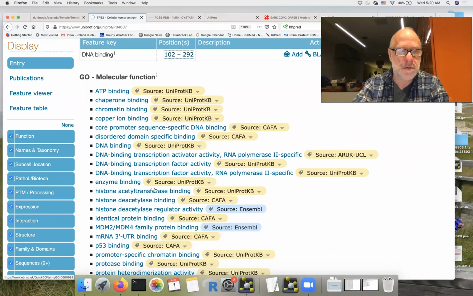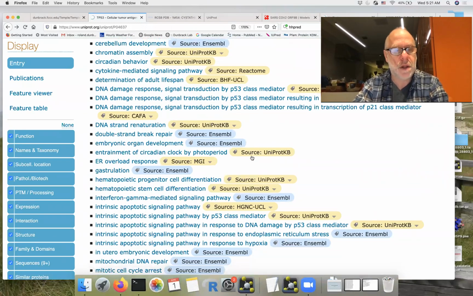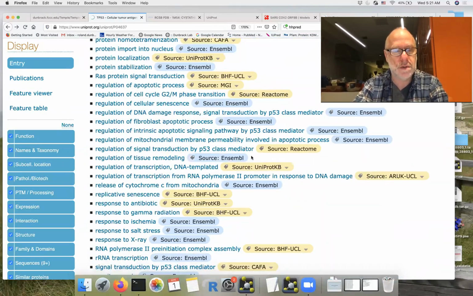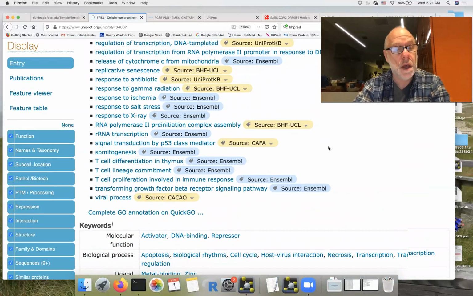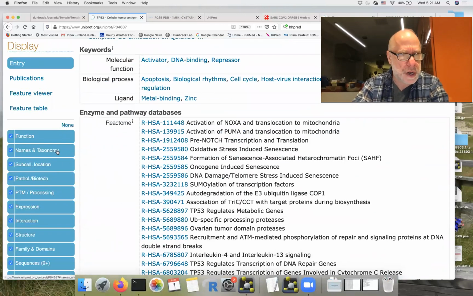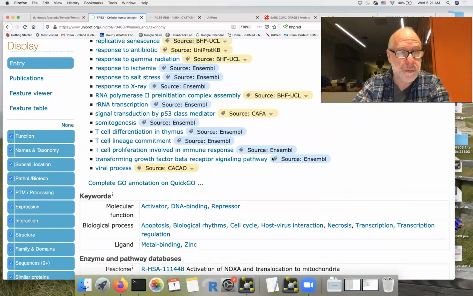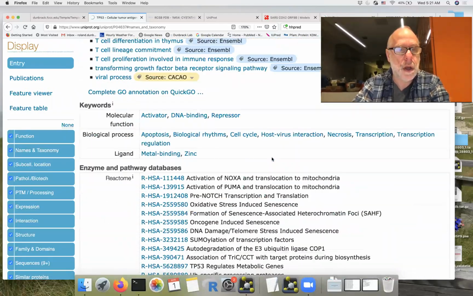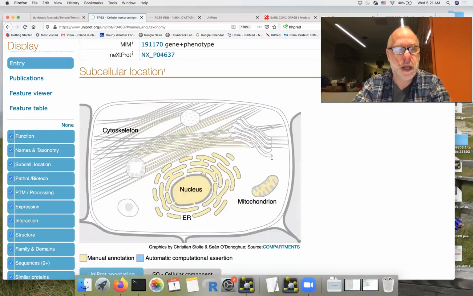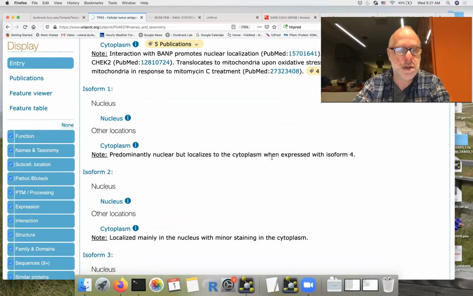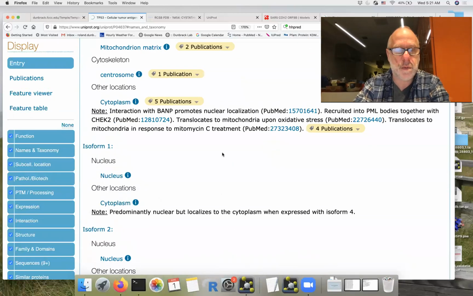Lots of things about molecular function, what the source of that annotation is, and biological processes that it's involved in, which is, P53 is basically involved in almost everything. I wanted to go to the names. So there's a names and taxonomy region, which gives the official name, and then the gene name, the official recognized symbol for the gene, as well as taxonomy. Let's see, where are they? Okay. Keep scrolling down. Now we get subcellular localization, different sources for that information, publications,